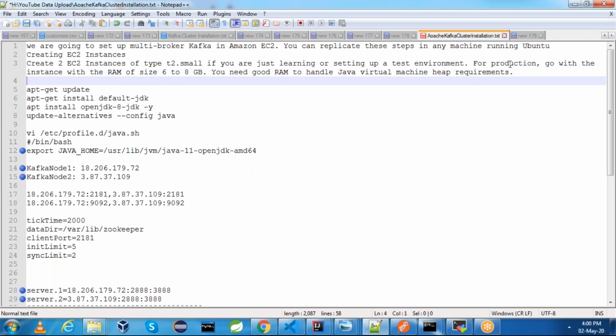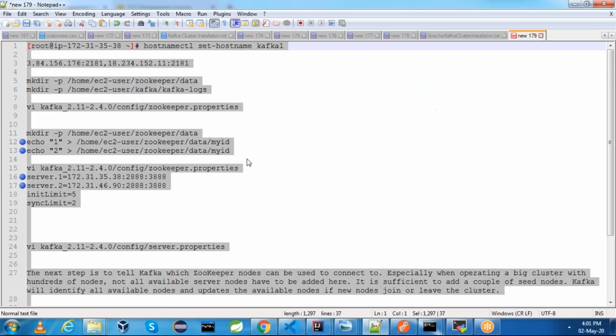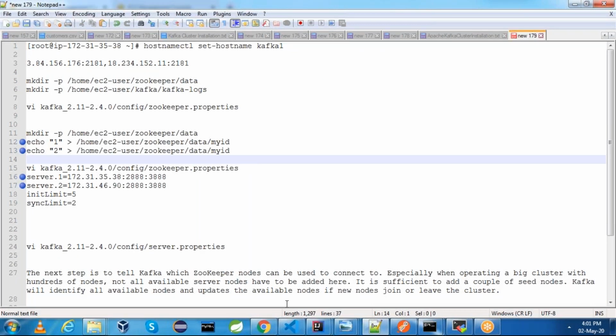But for production environments, you need a RAM size of 6 to 8 GB, and ideally we should use T2.xlarge or M4.xlarge or equivalent AMIs. Then we need to install Java. After that, we can start with the Apache Kafka installation. Let us get started with the implementation.